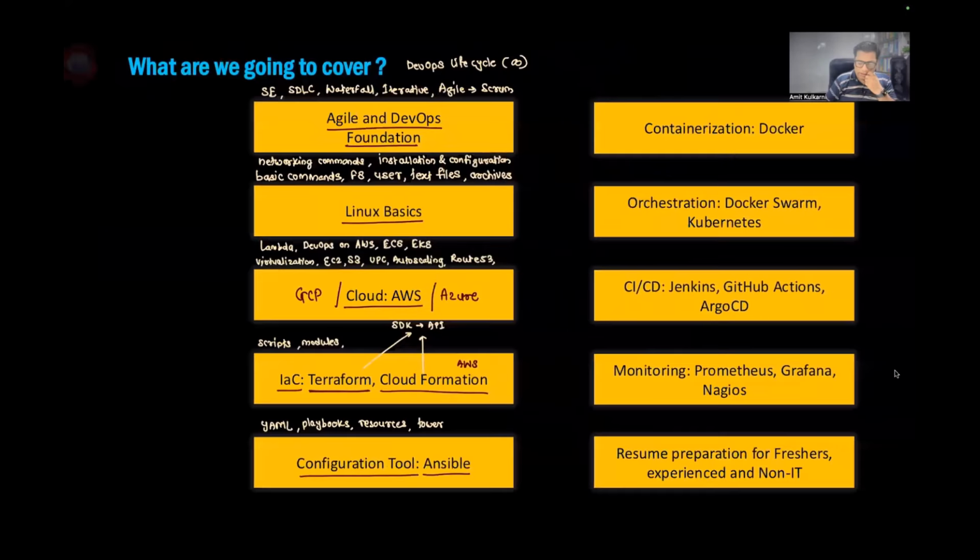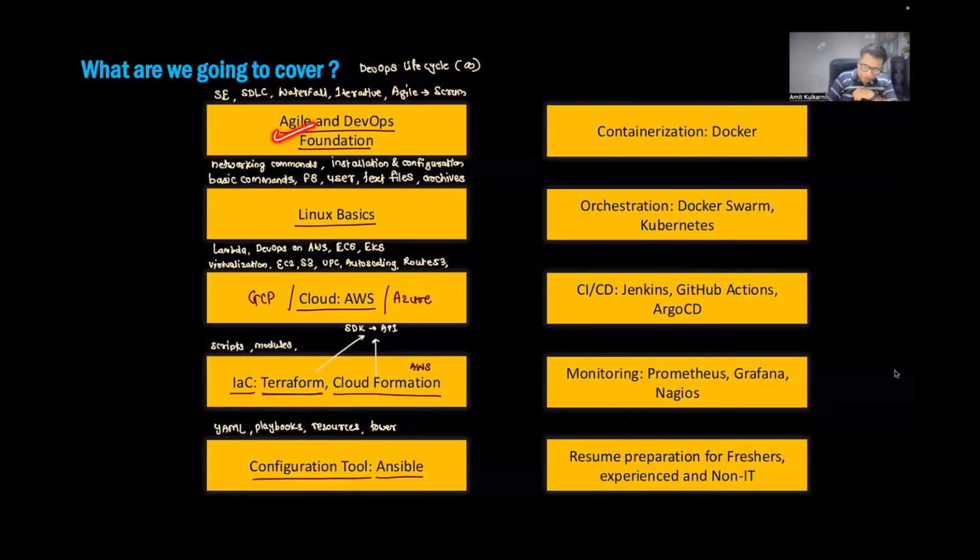Okay. So again, if you think about this, you now know in this particular case what Agile is, what DevOps is, then you will know the Linux part of it. Then we'll talk about the cloud. Then we'll talk about IaC, and then we'll talk about configuration. This is where the installation part is almost over. Installation means infrastructure creation or configuration. So this half is done, the infrastructure is already ready. Now what? Now we start deploying the application.